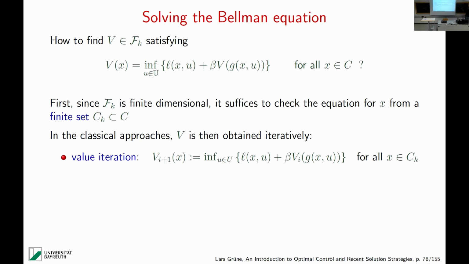Such a piecewise linear function, for example, is determined uniquely by its values in the nodes. So we only have to make sure that the equation holds for the values at these node points, and this is enough. If it's valid there, it will automatically be valid for all other x because of this piecewise linear structure, right? The projection operator must be here, right? That's missing, unfortunately.